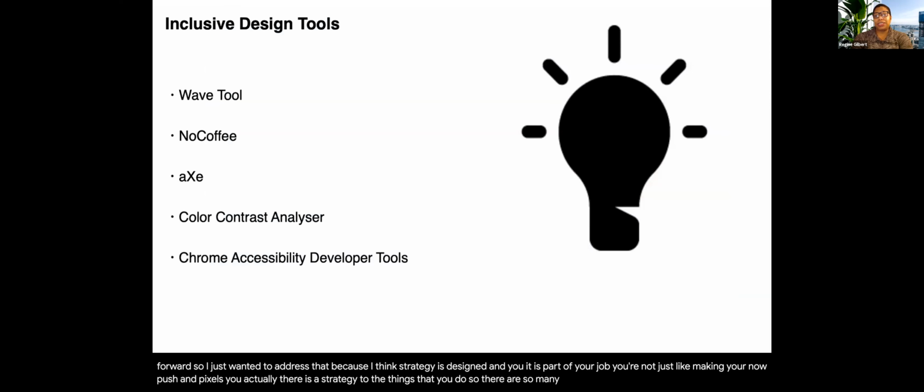So there are some inclusive design tools that everybody can use. There's a Wave tool, it has a Chrome plugin, No Coffee, Axe. There are so many color contrast analyzers. Chrome accessibility developer tools,